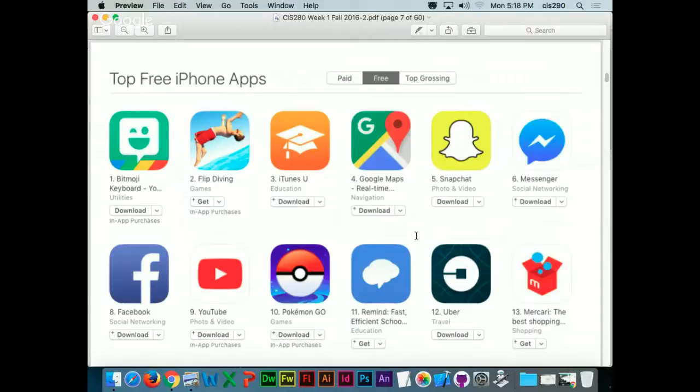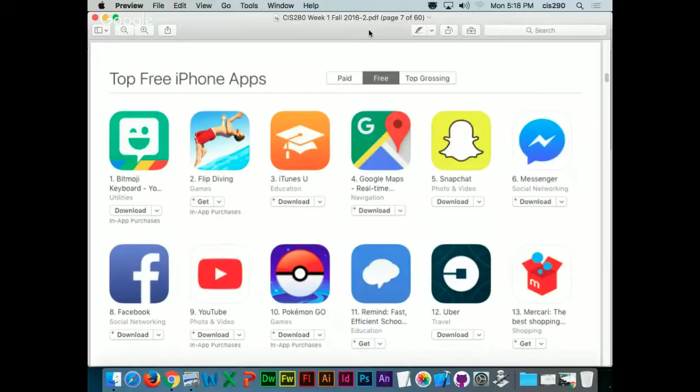pretty impressed with it. One of the cool things I mentioned about Uber is, I don't know if you saw the news last week, one of the car manufacturers is creating a vehicle for Uber that's going to be self-driven. It's going to be autonomous driving, basically. And so you'll pick the Uber car, it'll drive to you with no driver, pick you up and take you where you need to go. Now that'll be another step of faith, maybe that one, but that's kind of cool. I think we're getting there eventually, but